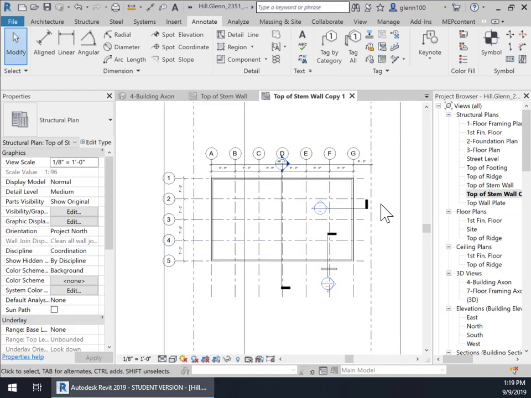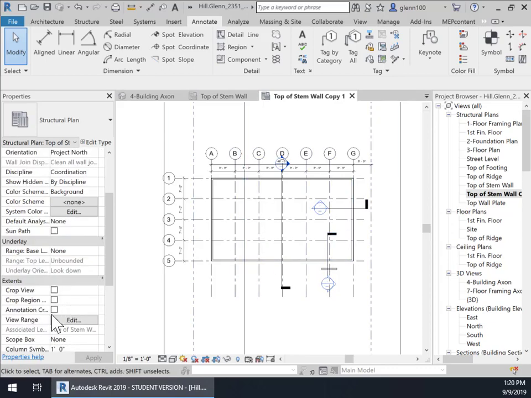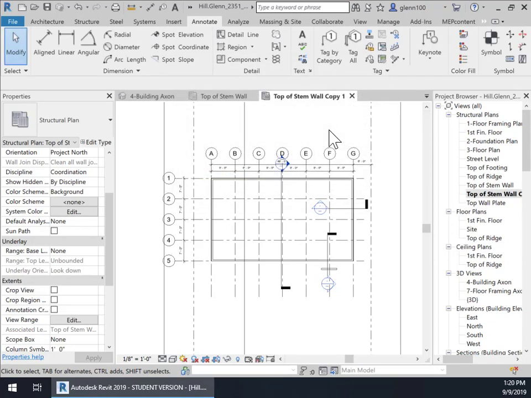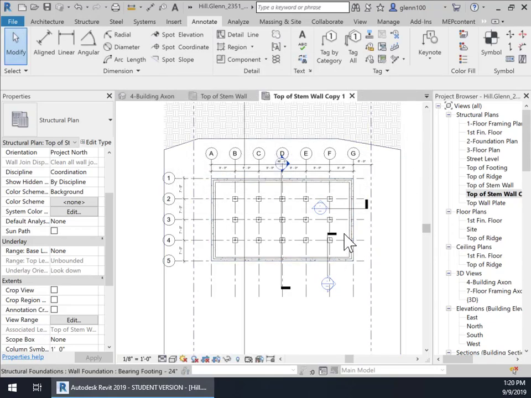We're going to get rid of it, and probably the easiest way to do that is through view range. Okay, so I'm going to go into edit and view range. And the top of the stem wall, you can see right here, is the level that the cut plane is on. I'm going to drop that cut plane down to -4 inches so that it's falling below into the stem